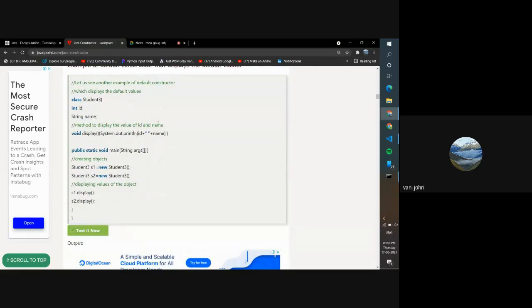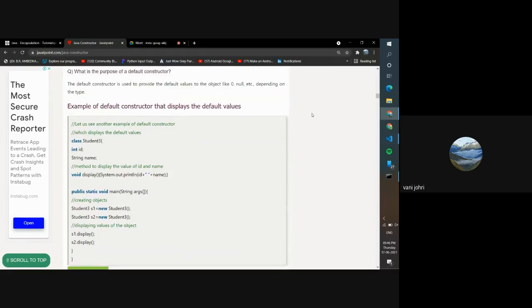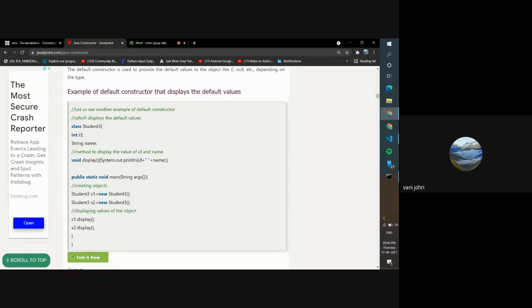Now the default constructor, or any constructor, is mainly used for giving values. The default constructor gives default values to all the variables in your class. So these are your class variables, right? This is in the class, not inside the main method or any method, int id and string name. So this will be available in the whole of the class. So what is the default constructor used for? It is used to give a default value to these variables. Right now they have no value, right? You gave nothing. So when the compiler calls this, what is it going to store?